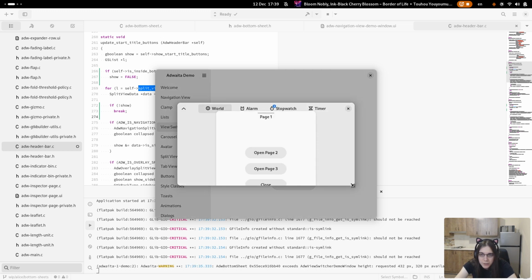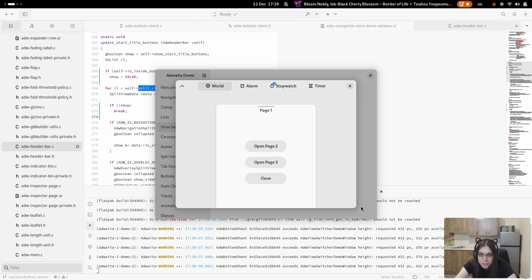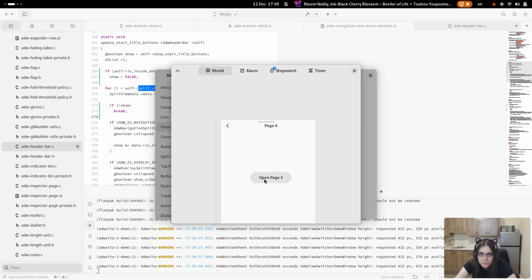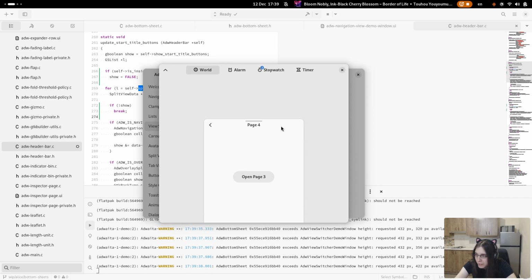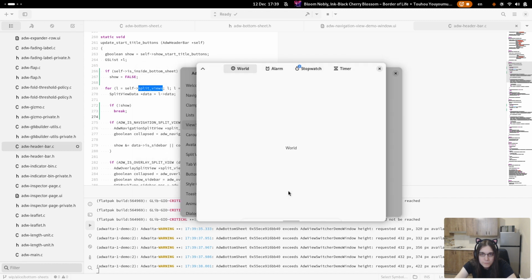But yeah, now the close button inside the sheet is not there anymore. And it's again automatic because I didn't set anything on the header bar, it just works. Well, there's one more thing.